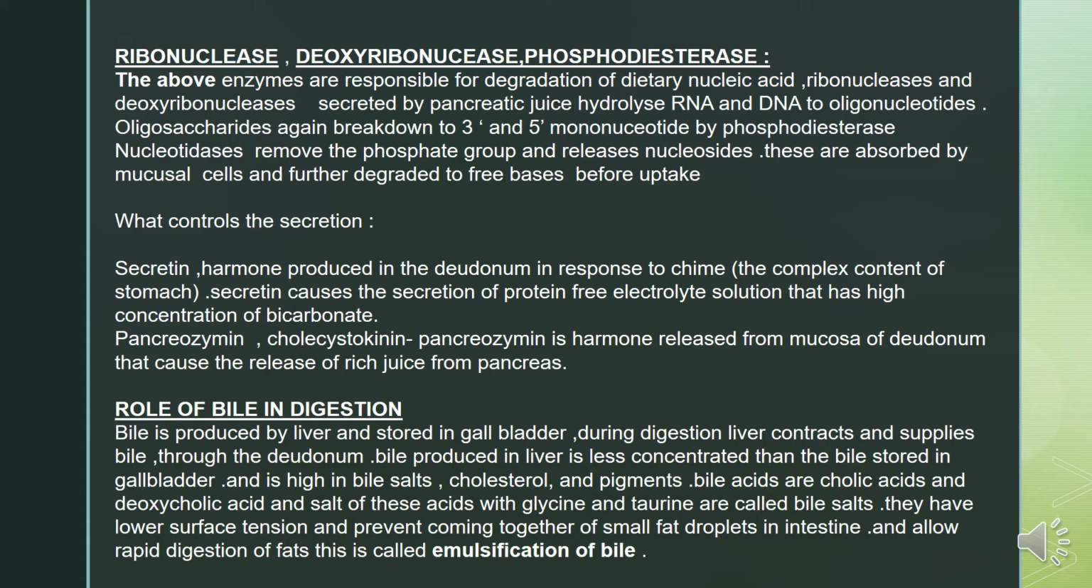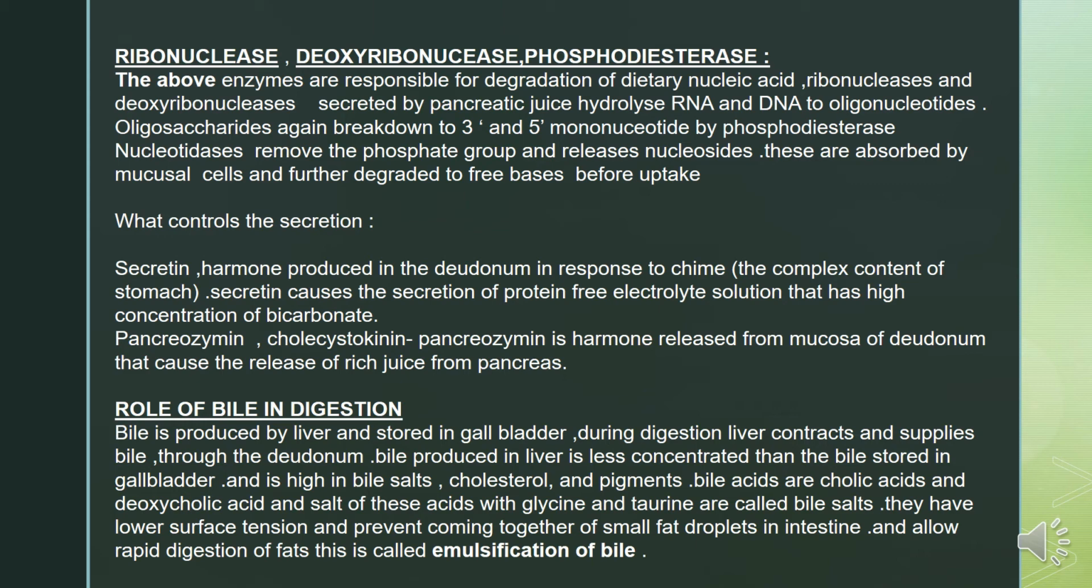Role of bile in digestion. Bile is produced by the liver and stored in the gallbladder. During digestion, the gallbladder contracts and supplies the bile through the duodenum. Bile produced in the liver is less concentrated than bile stored in the gallbladder, and it is high in bile salts,